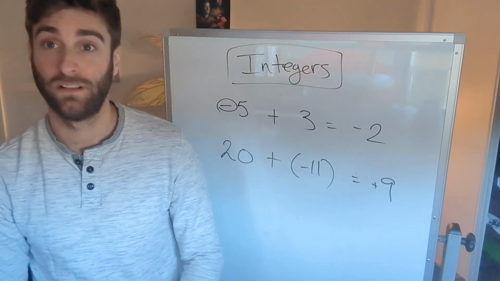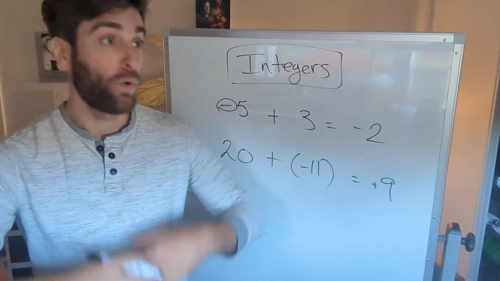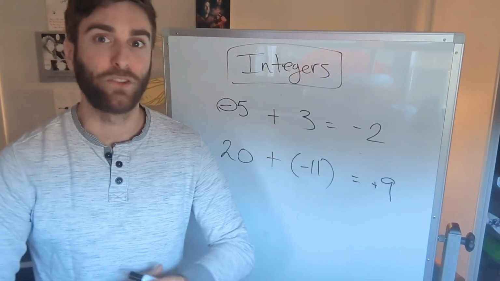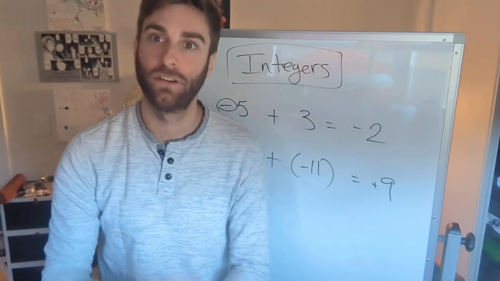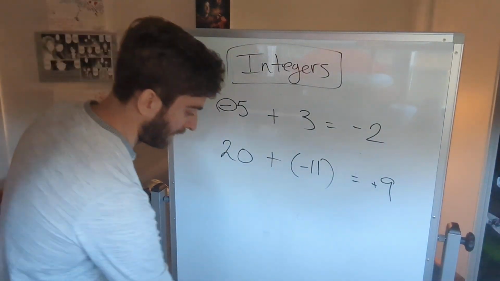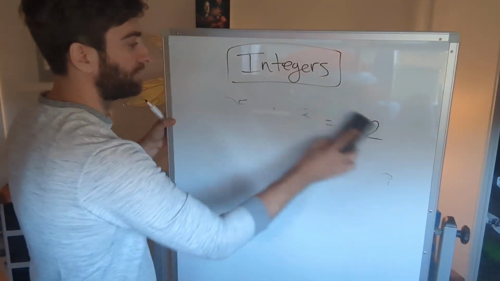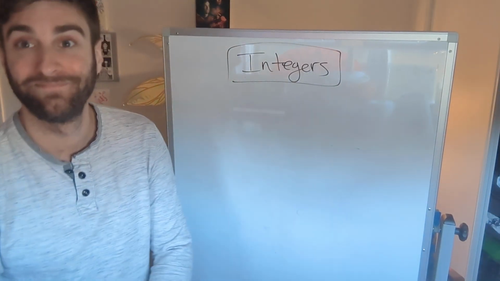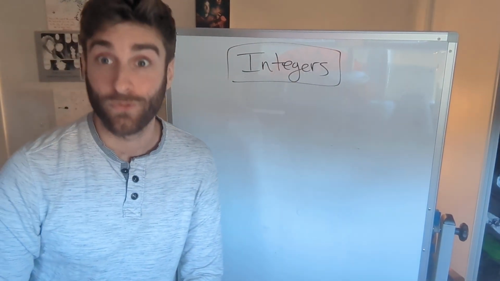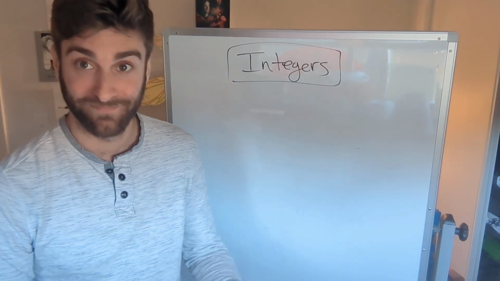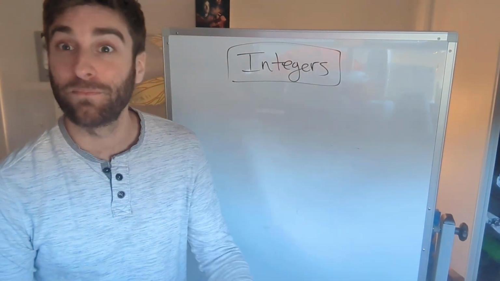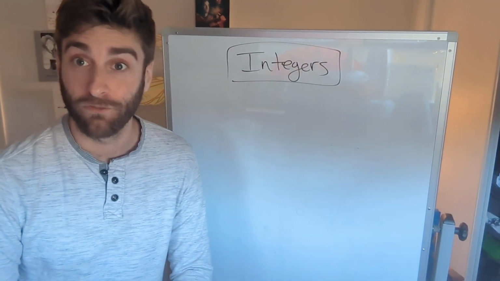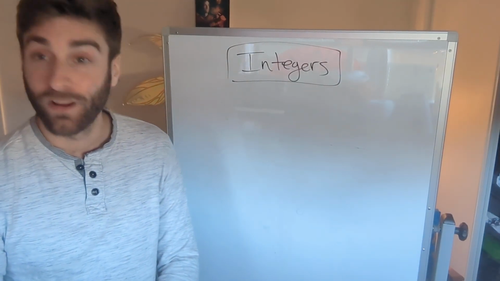Those are the rules for if they're the same sign or they're different signs. That's how we add integers. That's how you can add every single integer using those two rules. If you're wondering, now what do you do when there's a subtraction problem? Well, there's a neat trick. You ready? If you've seen my division video on fractions, you might have heard this already, but we have some